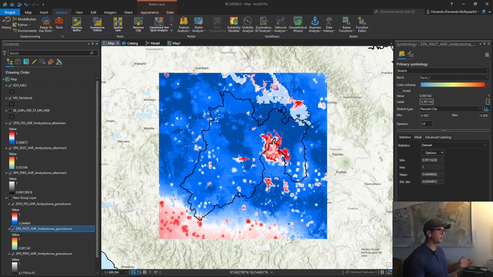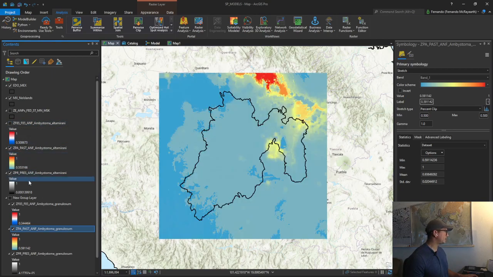So I have the information over here already georeferenced. So it should help with visualization, right? I wanted to see the one from the past first. So I have the highest values up here in the north. Almost nothing. Taking into consideration that for the environmental data for the past, I think